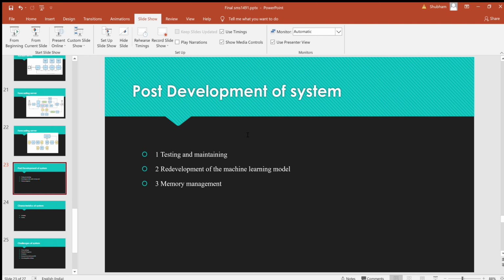Redevelopment of the machine learning models. The end user data gathered by the system is again fed back into the system to learn more about the advertisements and users' behavior. The factors to learn these things vary with time. For example, when personalized systems like Alexa or Siri were launched, the learning models for the advertisement were updated as new behavior of the users was observed and a new way of advertising was introduced.